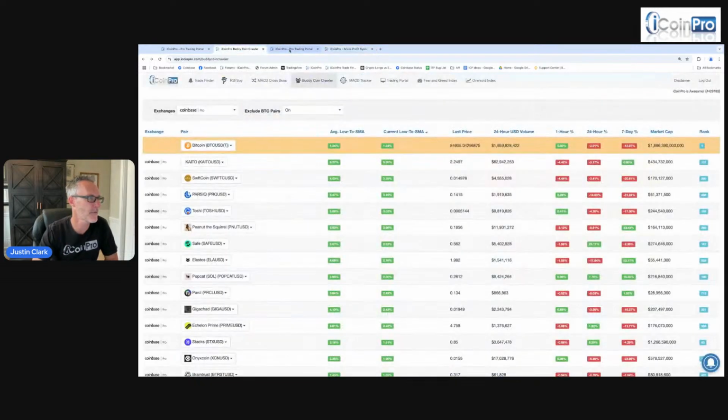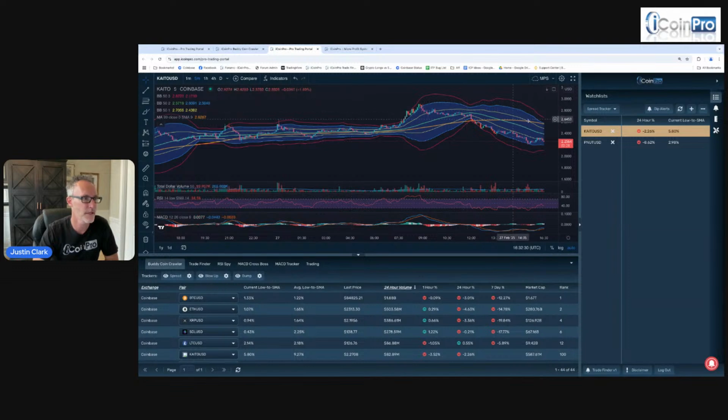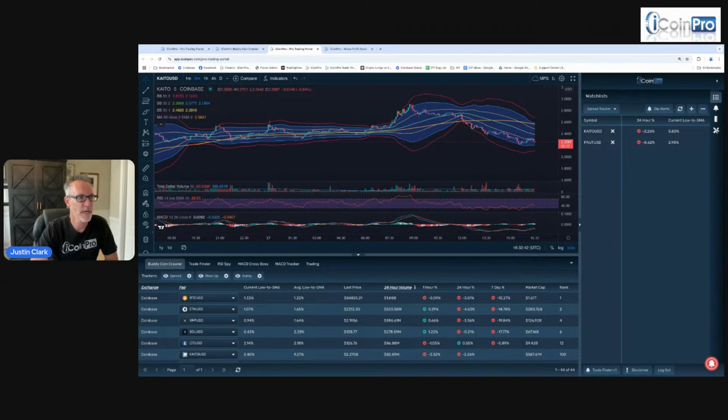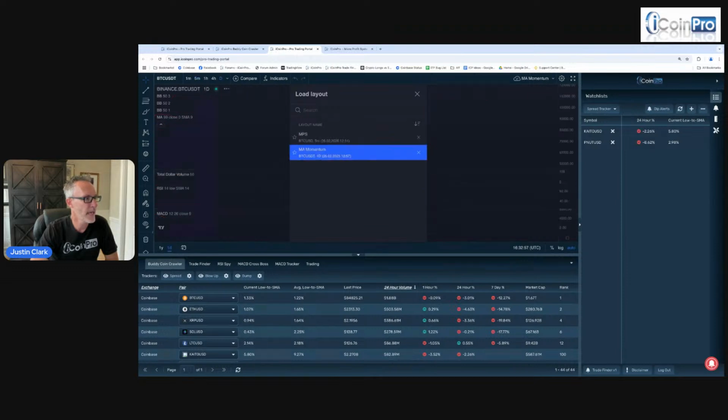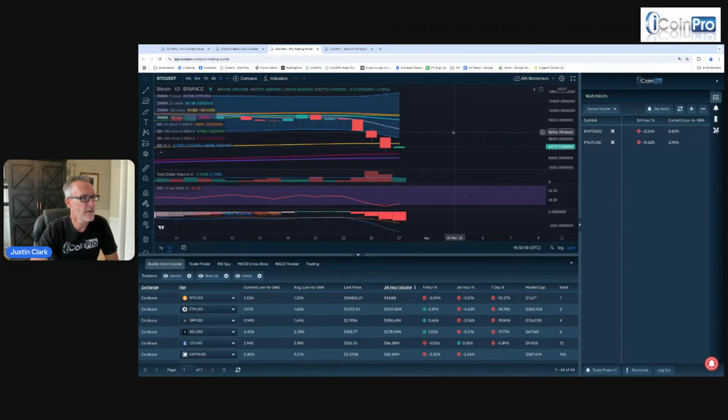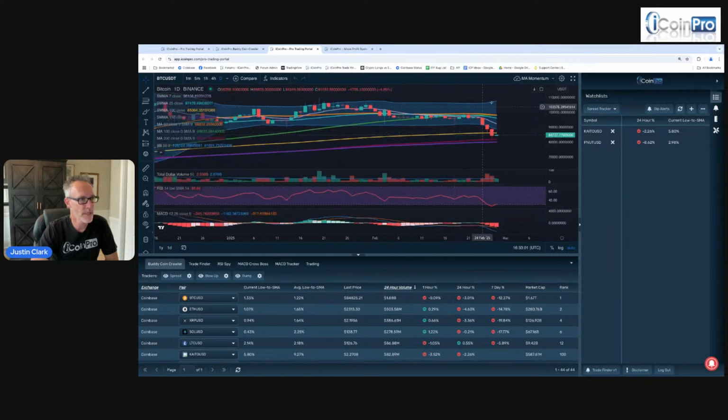All right, let's get into the chart because we got lots to do and there's more trading looking like it's setting up. So I got to get back to these markets. If you are in the iCoinPro trading portal, what you're looking at is our custom software. We built this from the ground up to trade our strategy, and it is absolutely amazing. We're going to click on this little arrow, then click Load Chart Layout and go to MA Momentum. And that will give us the chart we want to look at here.